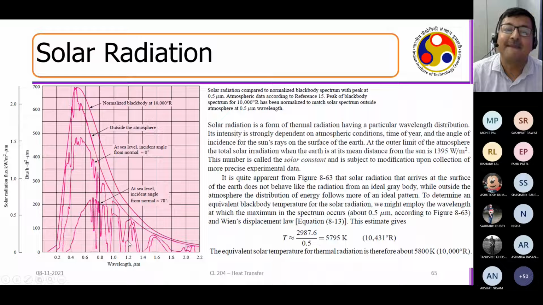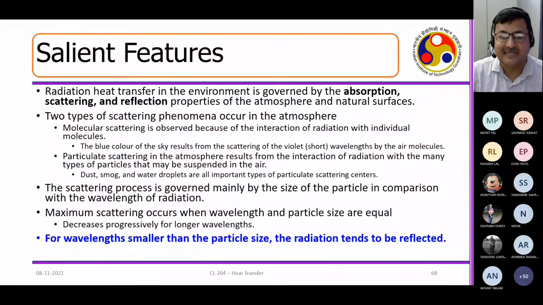Reflection. When the wavelength is equal to the size of the particles, that is where the scattering is the maximum. And when the wavelength is much smaller, that's the reason why you had this radiation here, and that is also when your absorption and emission are at the highest level. When the wavelength is much smaller, it is entirely transmitting, because the energy is so high that it can penetrate through the surface. Yes, you had hit the right button. Is that clear?